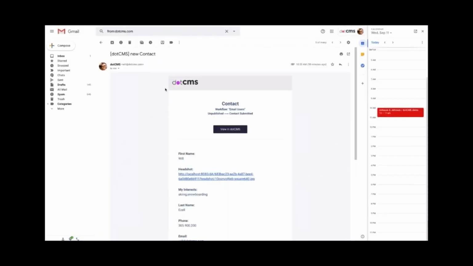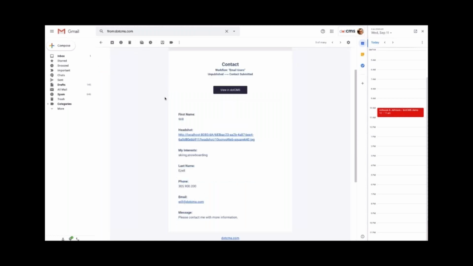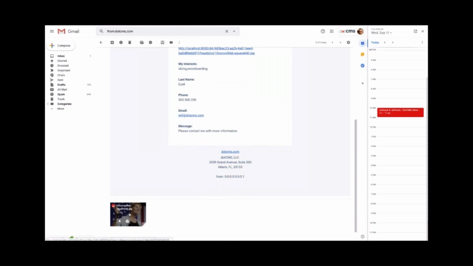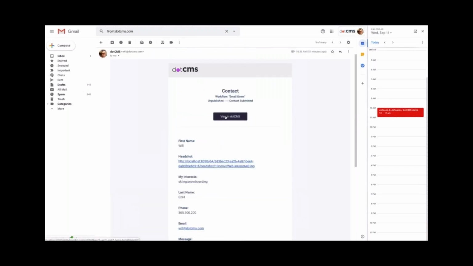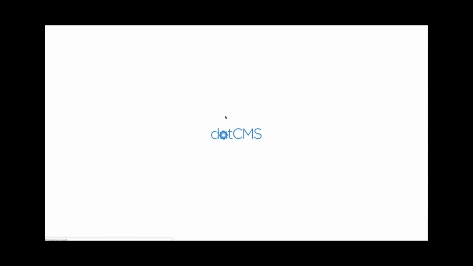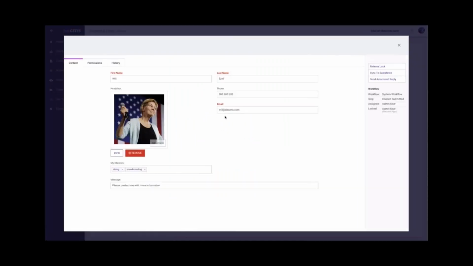And so what's happened is that form's been ingested by dotCMS and been pushed through the workflow process that was designed for that form. In this case, it's a form workflow process that sends an email to the email on record that includes a link, the information, a link to the associated image, even the image as an attachment, and it has a link back to dotCMS where you can actually see the form entry within dotCMS and manage that